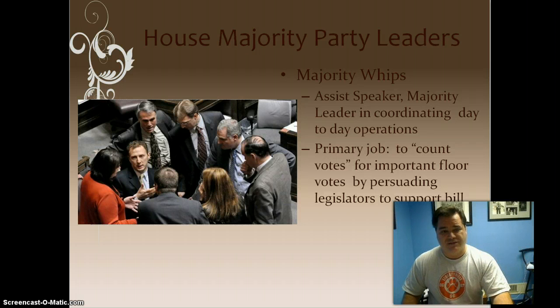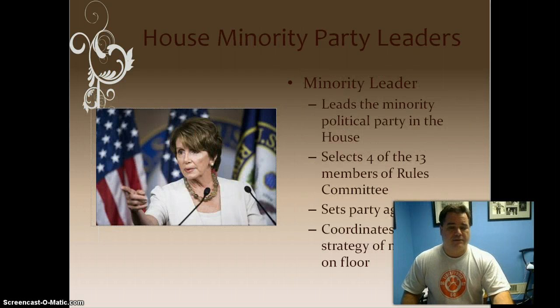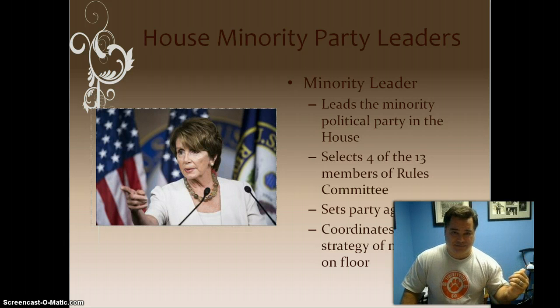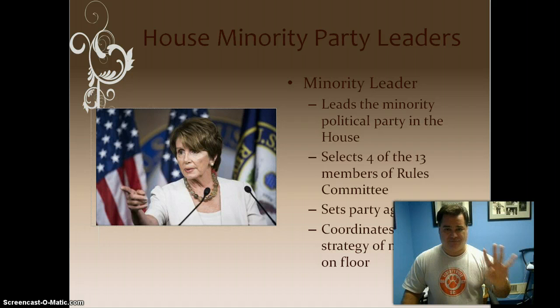Now, shouldn't come as any surprise that the House Minority Party also has a leadership structure. The head of their party in the minority is the Minority Leader. Okay, they lead the political minority party in the House of Representatives. Right now, that's the Democratic Party. One of the chief powers of the Minority Leader is that he or she gets to select 4 of the members of the Rules Committee. Remember, the Majority Party gets to select 9. The Minority Leader gets to select 4. Okay, so you can see there's a great disparity in the relative amounts of power that the Speaker has versus